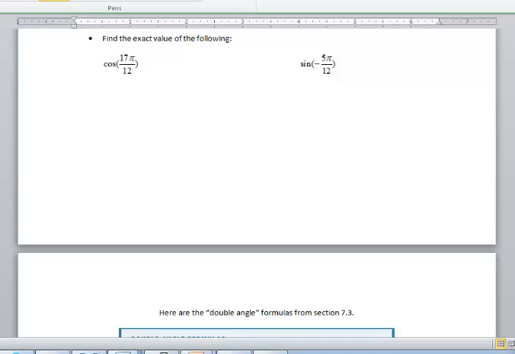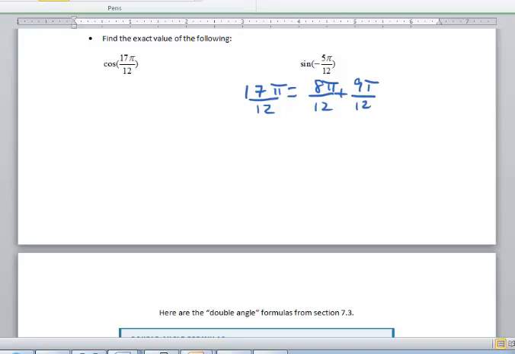Now, since 17 pi over 12 is a fairly big positive, I'm going to probably try to write this as a sum. So what I want to do is think of how I can break down 17 pi over 12. Well, I could do pi over 12 and 16 pi over 12, but that's not going to help me because pi over 12 isn't one of our special angles from the trig wheel. So what would work here is if I looked at 17 pi over 12 as if it was 8 pi over 12